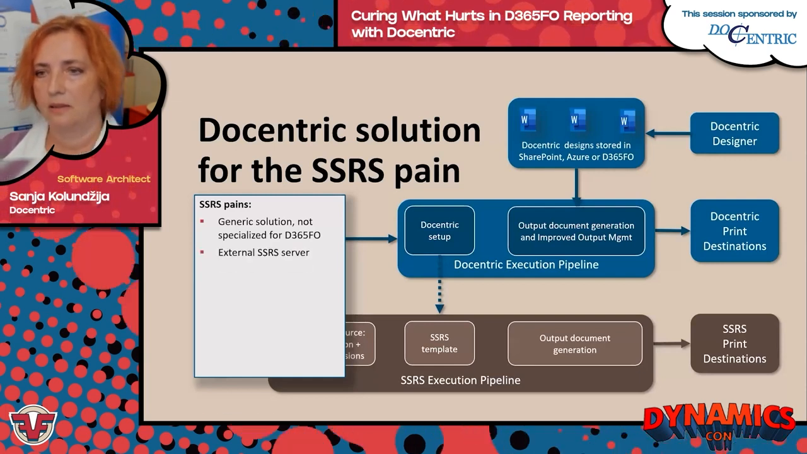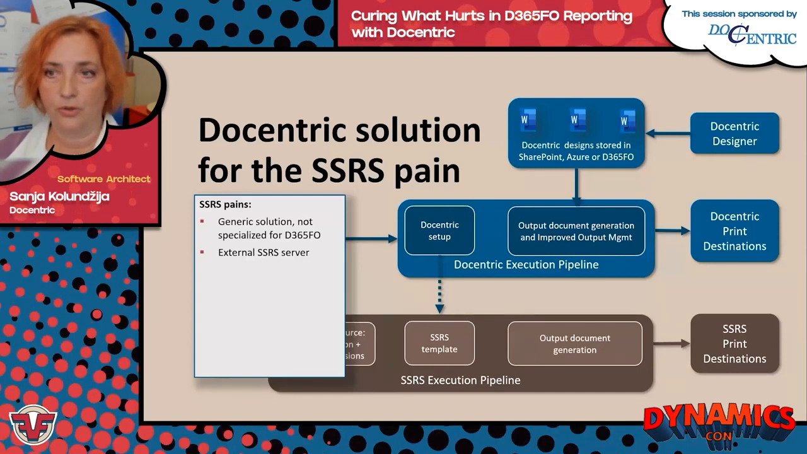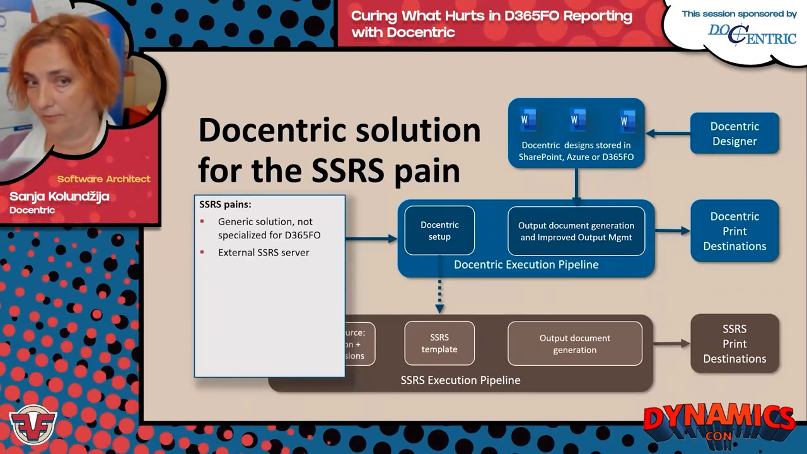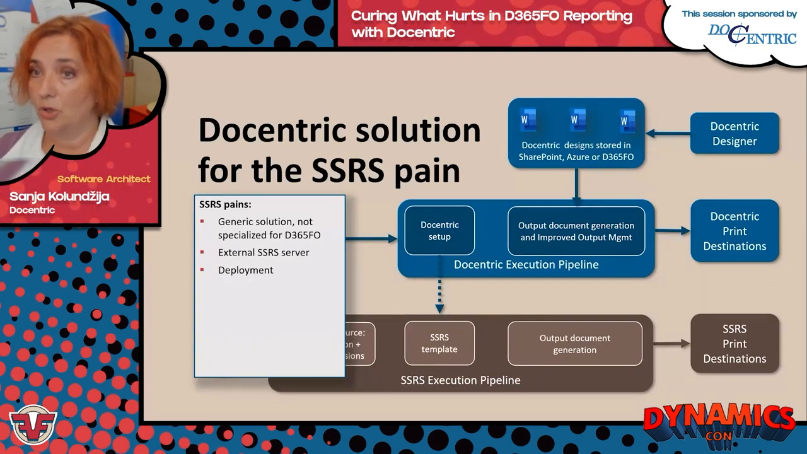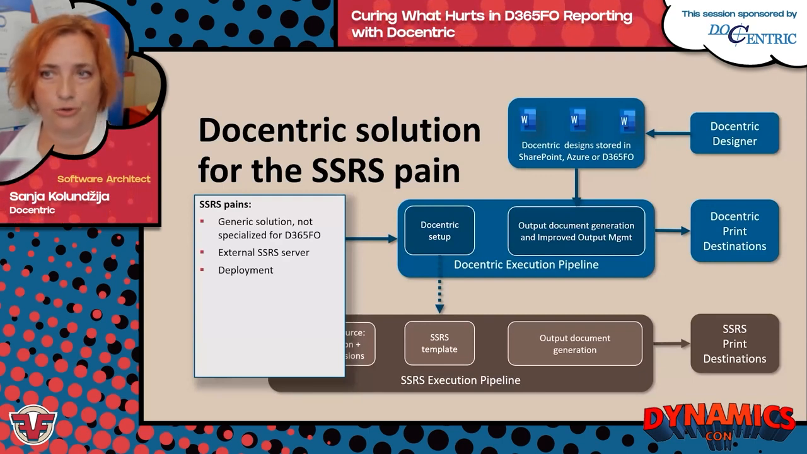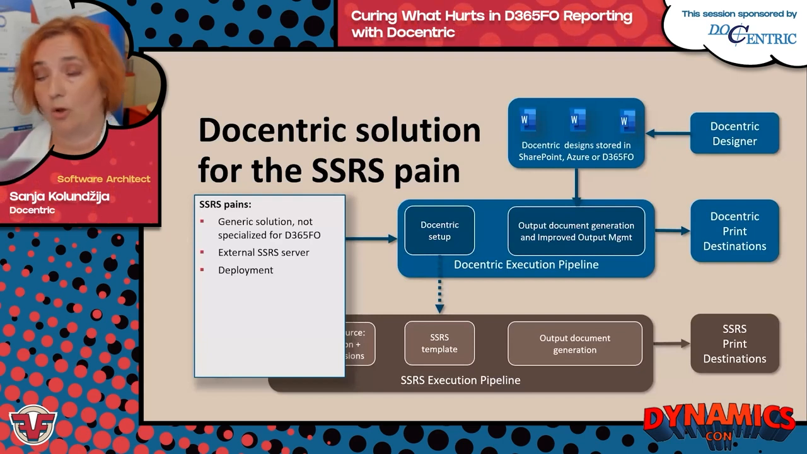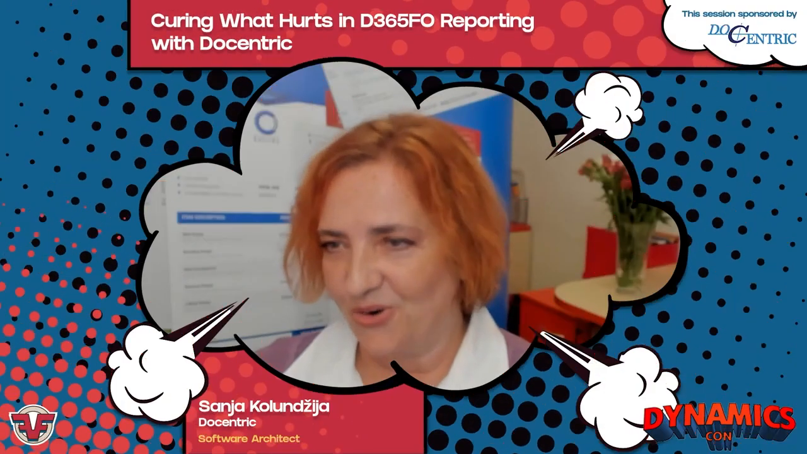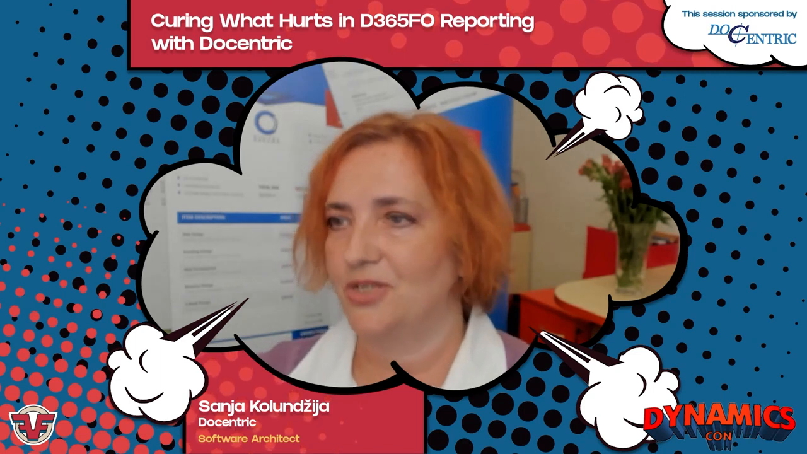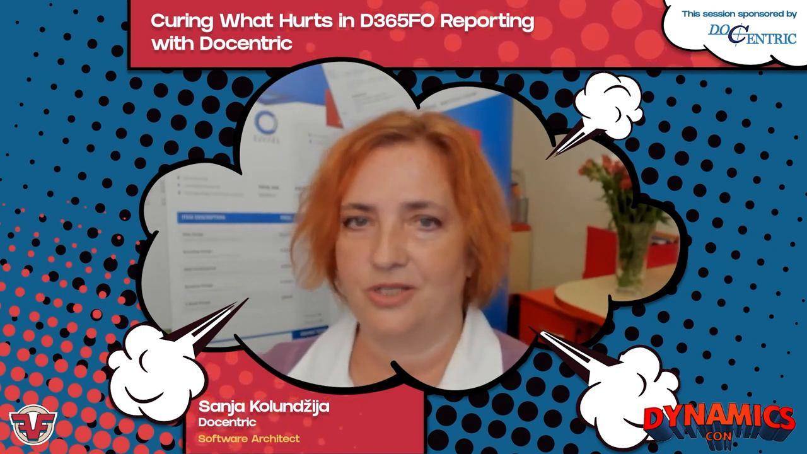As I already said, we don't need external servers. Documents are generated in the context of D365. There's no need for deployment because, as you see on the top of the slide, our templates are stored through the configuration in different locations, and you can change them even on production immediately as soon as you need it. The core problem, no designer for end users, is solved by giving end users a tool